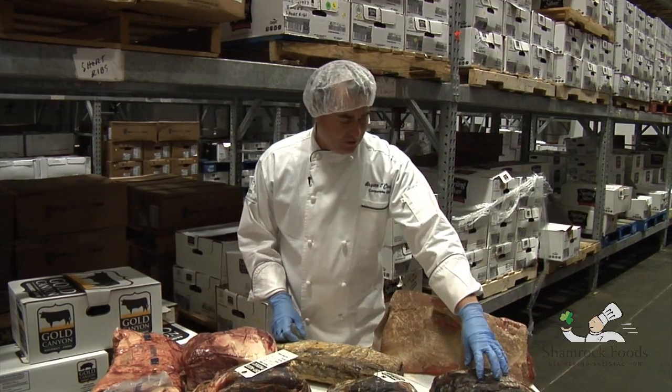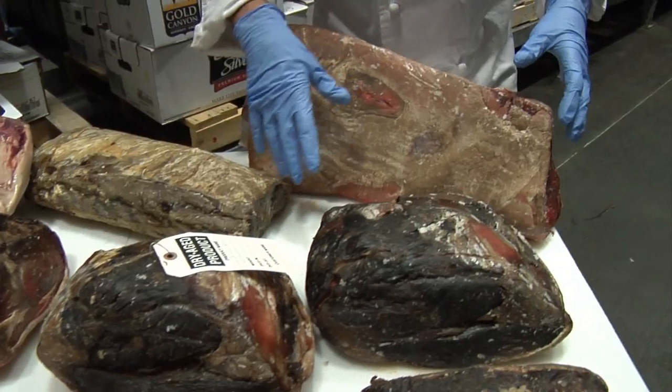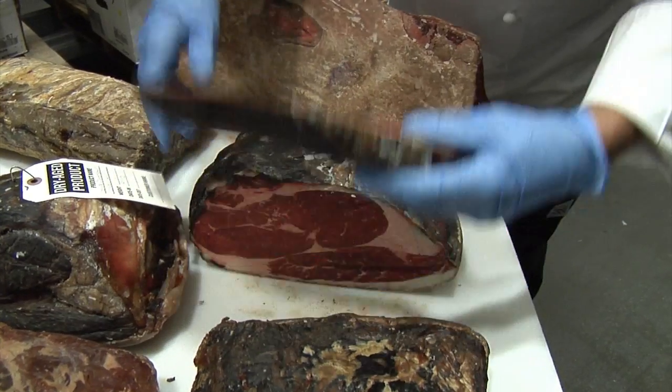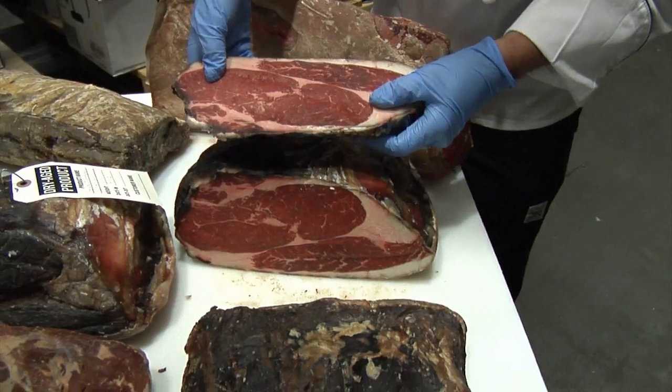I have some top sirloin, and you can see the difference. I pulled them out of the aging room, and you can see the difference in the time that they've been in there, and you can see how crusty this is. And I took one of these and I cut it so you can see how beautiful red and really how